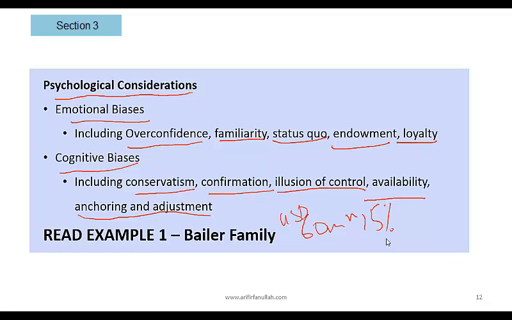Now let's look at the third point. So on the basis of the information given, discuss what emotional and cognitive biases may affect decision making of Mr. and Mrs. Baylor. So let's talk about the emotional biases. What are the emotional biases? What's the first emotional bias that you see in this instance? There is familiarity. There is a sense of loyalty to the company. Is there overconfidence? I know this company better than anyone else. He is a big fan of the company, so he knows that. Okay, there is an illusion of knowledge,